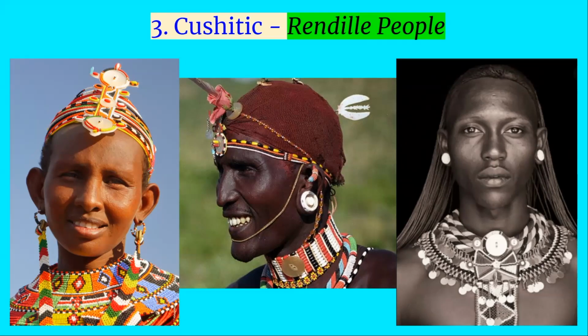They're believed to have originated and migrated into the Great Lakes region from around Ethiopia, the Horn of Africa, that region, and then headed south during the expansion of the Oromo and later the Somali people. The Rendille are also closely related to the Somali in their language and also in their cultures. Traditionally, they are nomadic pastoralists where they keep camel, sheep, goats, and cattle, and they move from place to place